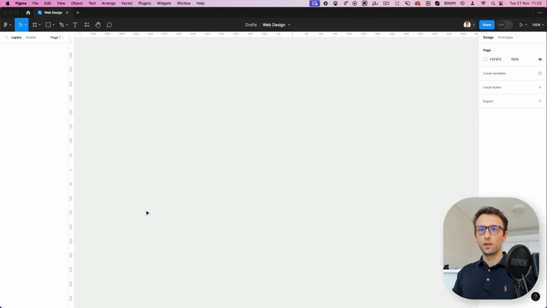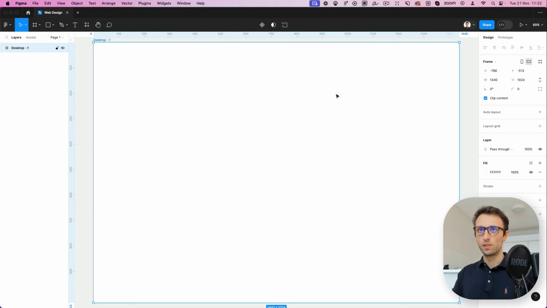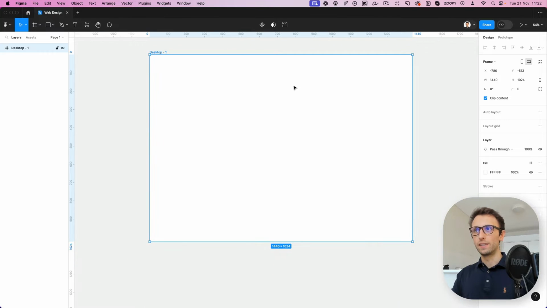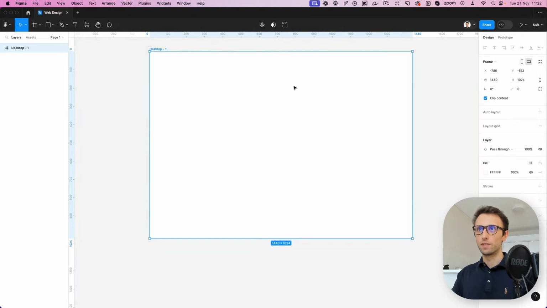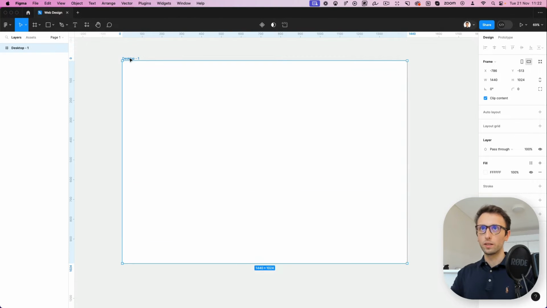Alright, so let's get started with the basics, which is going to be creating the frame, which we're going to select right here, the desktop. We're going to go with desktop since it's 1440 pixels of width, which is a great place to start for a desktop size website. Now we're going to rename it real quick to landing page,